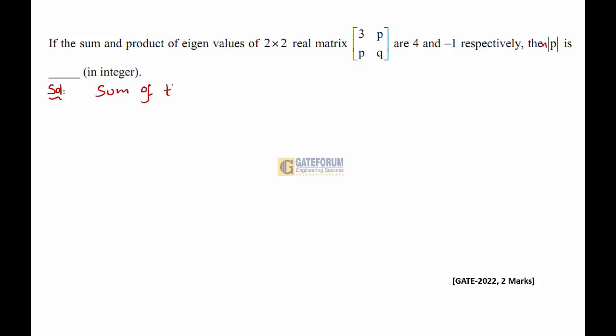The sum of the eigenvalues of matrix A is equal to trace A. Trace means the sum of the diagonal elements of the matrix A, and